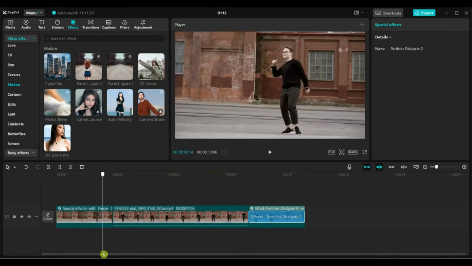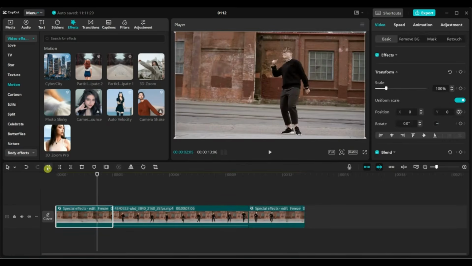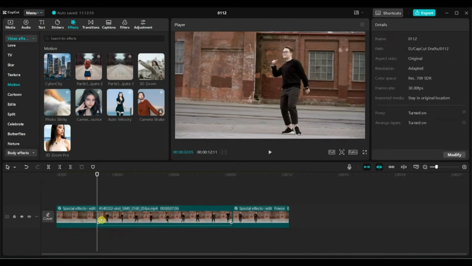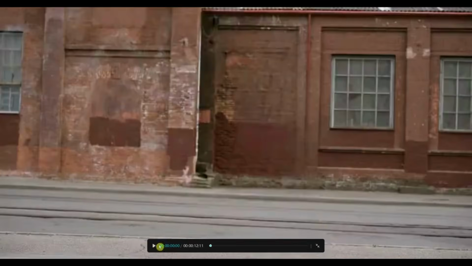If needed, you can adjust the duration of the freeze frames and the effects to match the flow of your video. And that's it. You now know how to create a stunning dust disintegration effect in CapCut using the Particles Dissipate